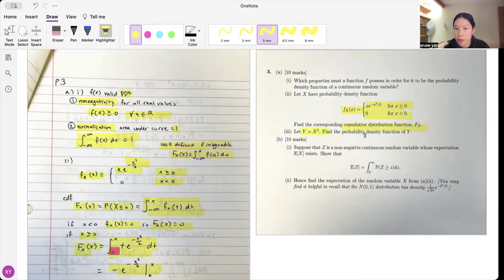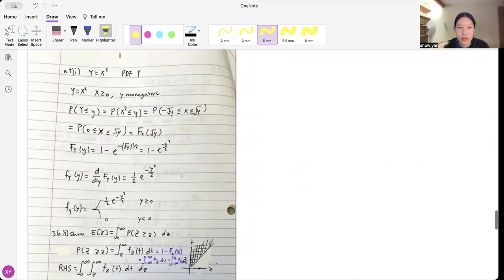Moving on to the third part: let y equal x squared. Find the probability density function of y. So we're trying to find the PDF of y. Y equals this. Okay, so I wrote down the condition here. We have y equals x squared, PDF of y. So we know that